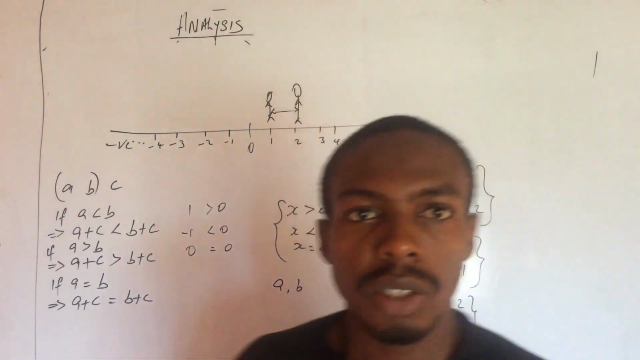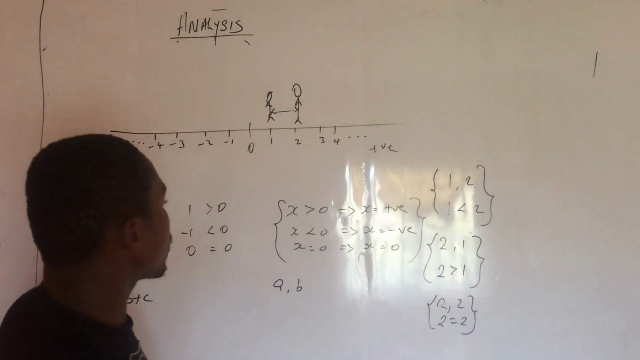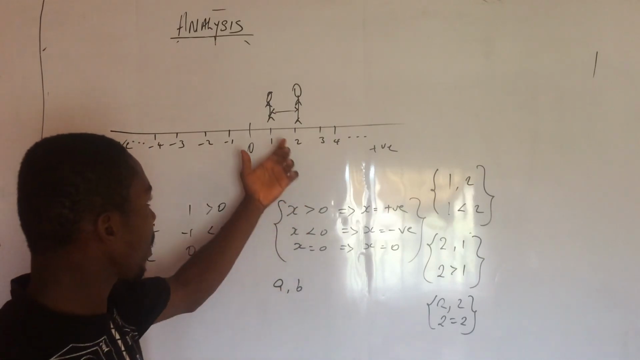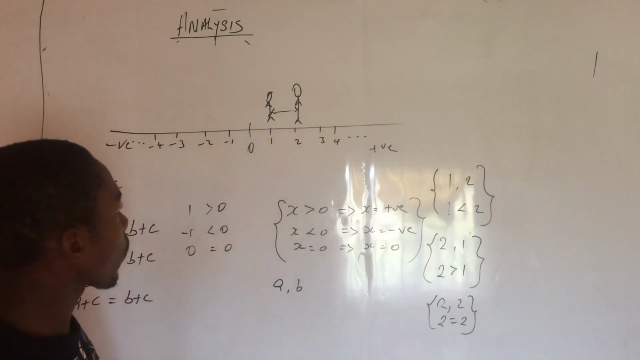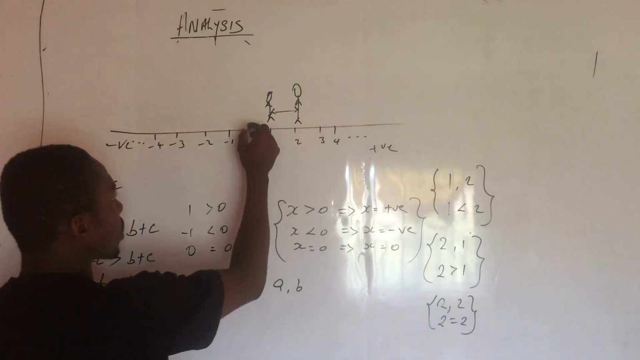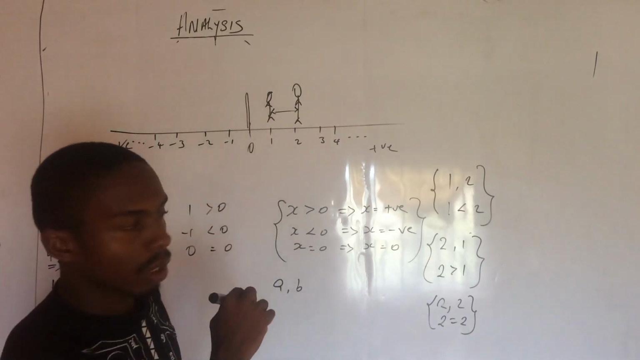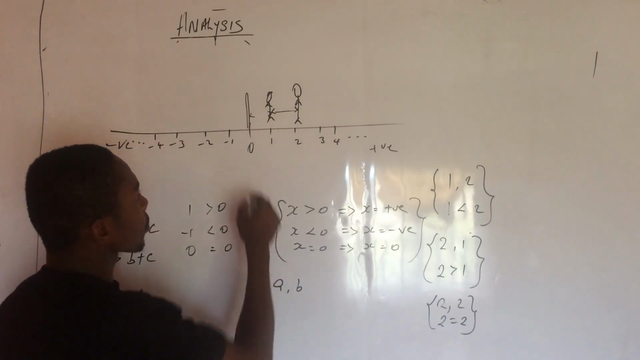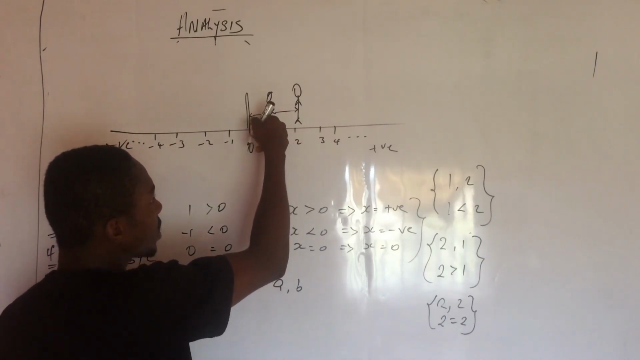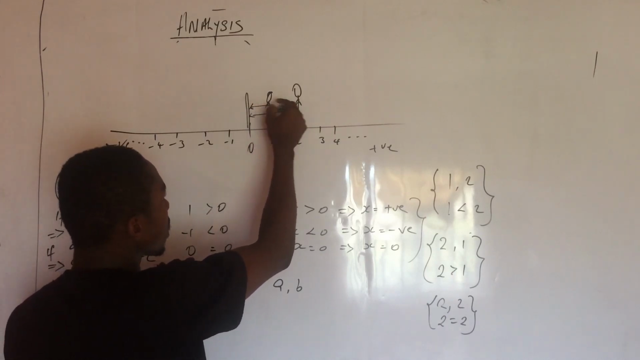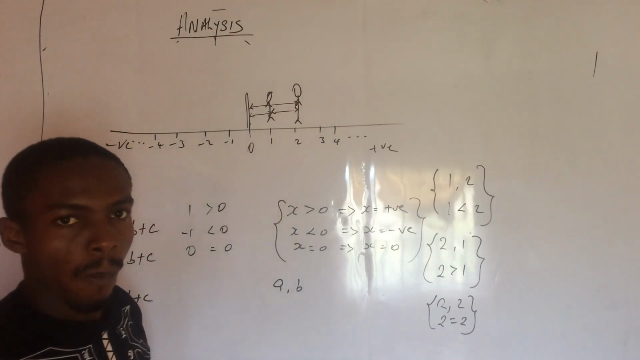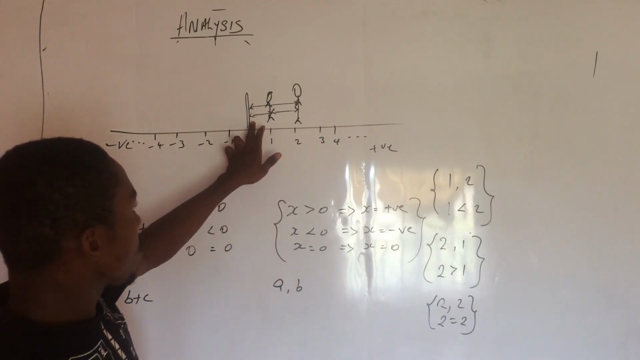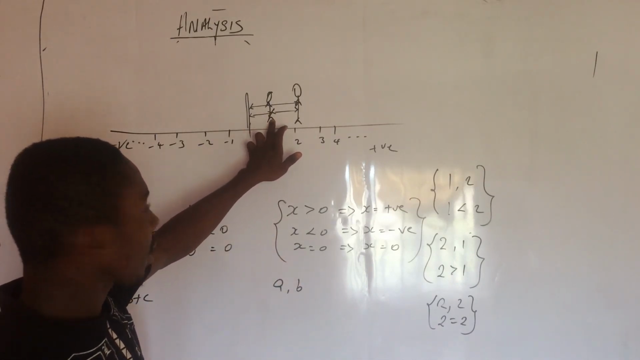Alright, let's continue. That relative distance now, let's say I pick two numbers, 1 and 2. Let us relate it to the origin. And there's a distance between this one and this one, and there's also a distance between this one and this one. Now, let me tell you that the distance between the origin and this one can either be